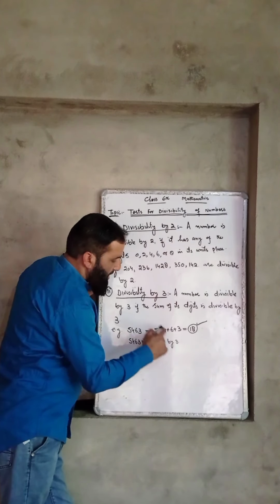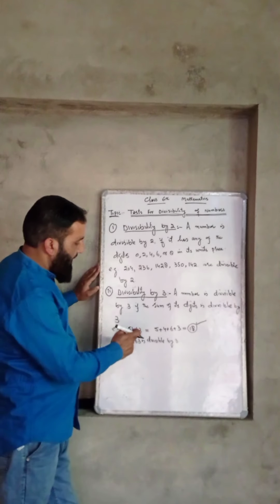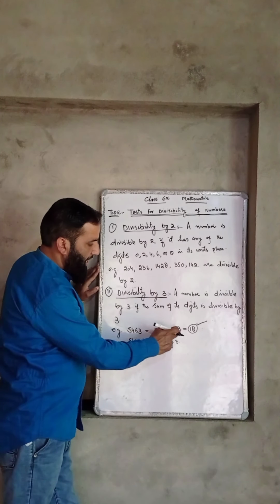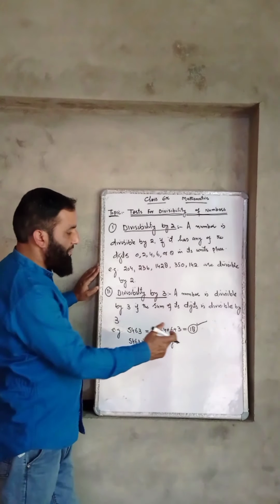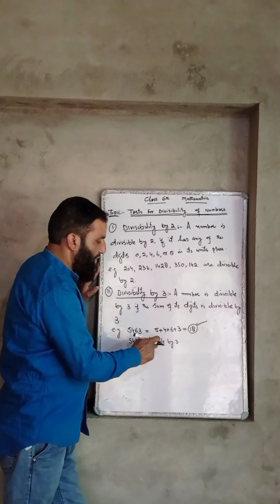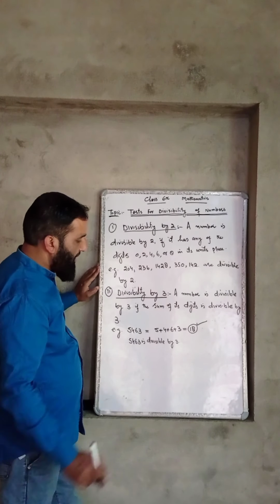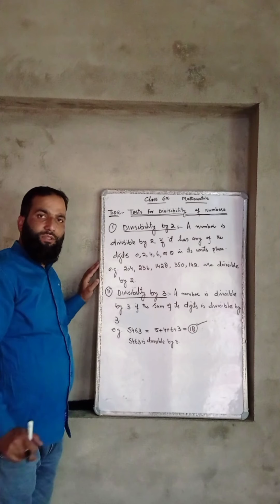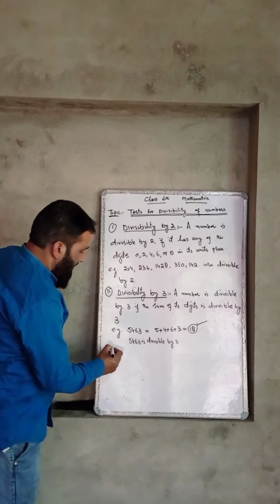by 3. Similarly, we can take other numbers, and for that very purpose we have to add their digits. If the sum of their digits is divisible by 3 or a multiple of 3, we can say the required number is divisible by 3. Now number third one is